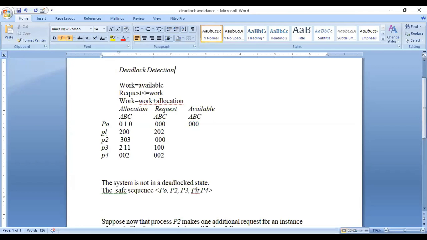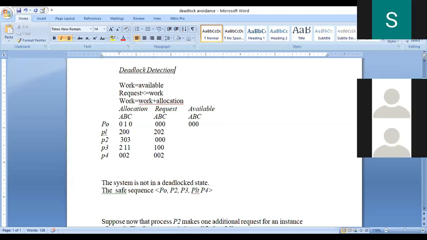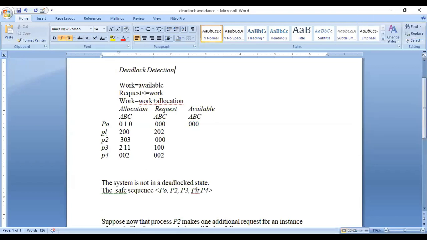Available is the number of available resources of each type. Allocation is the number of resources of each type currently allocated to each process. And request indicates the current request of each process. If a process executes, how many resources are required to execute that particular process?